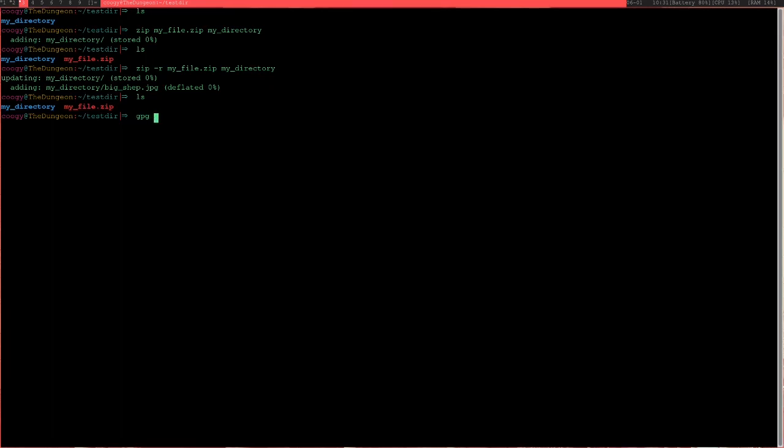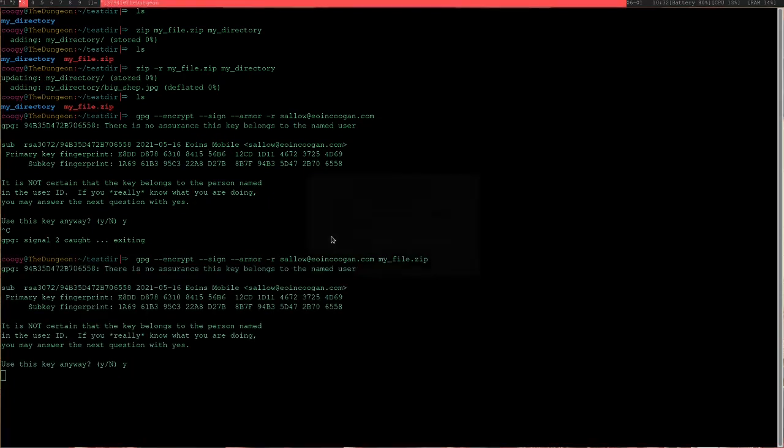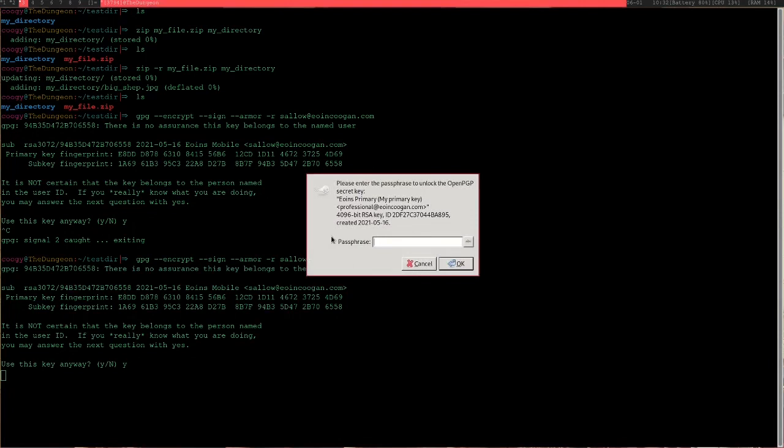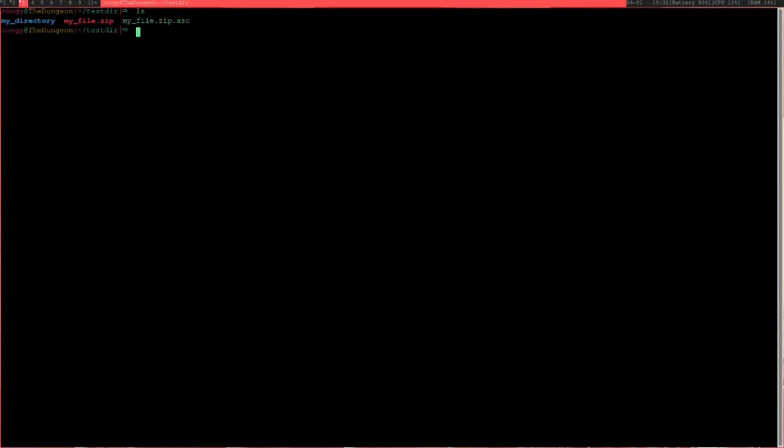So I'm going to run GPG, I'm going to run encrypt, I'm going to use sign, armor, then I'm going to specify -r, and I'm going to specify the email address of the key that I want to encrypt this for. For now, I'm just going to use my email. I'm going to say yes, and it's going to encrypt this. Oh, jeez, I just realized that I need to actually specify the file that I want to encrypt. Okay, yes, and then it's going to ask me for a password, and I'm going to type it in. And there you go. If we look at what we have now, we have this .asc file, which is